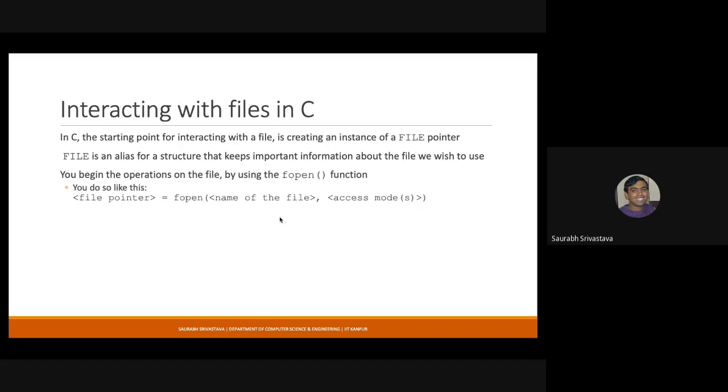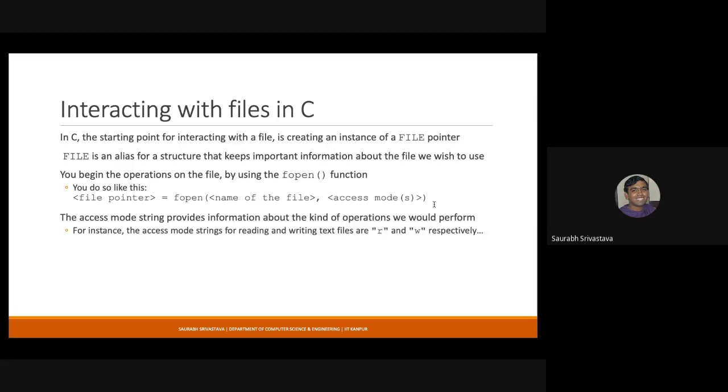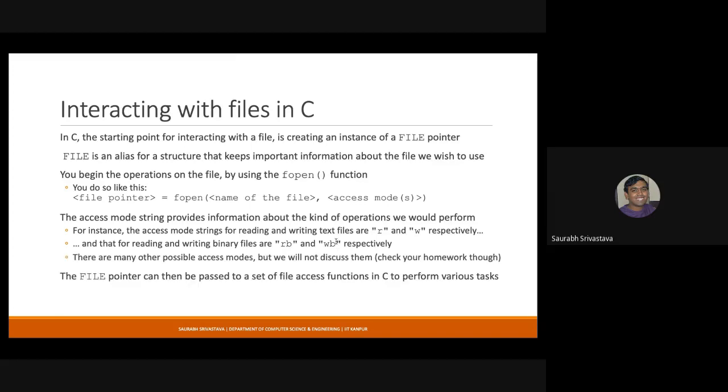So you begin by using the fopen function. Within the fopen function, you have to provide an access mode. There are multiple access modes; I asked you guys to check up the man page of fopen. The simplest ones are R and W. R stands for read, W stands for write. If you want to do it in a binary mode, that is, the file is a binary file, you also suffix B to R and W, and from there onwards, and by the way, in the end you use the fclose function, which simply closes the connection to this particular file.